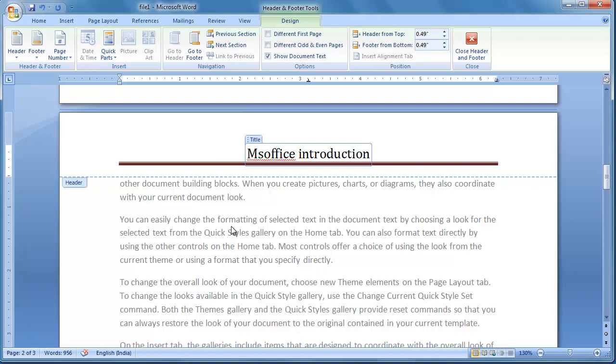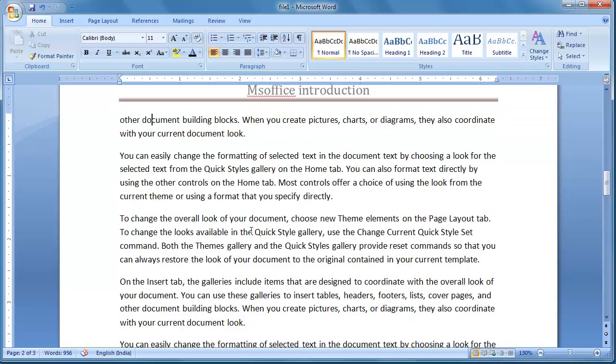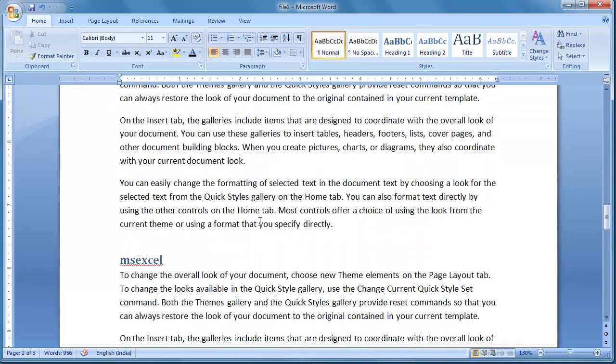When we are in the header or in the footer, this is called document text. The document text will be represented with gray color. This one is highlighted in order to identify that we are working with header. Again, to get back from header to this document text, you double click on the text. Here mouse pointer is here. I am double clicking here. Now header is represented with gray color and document text is represented with black color.